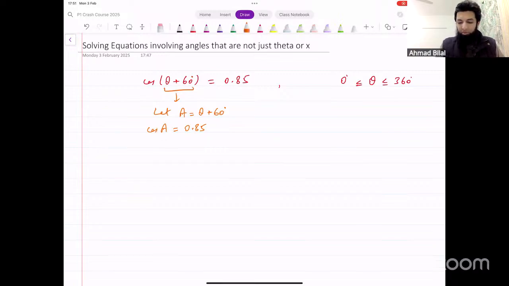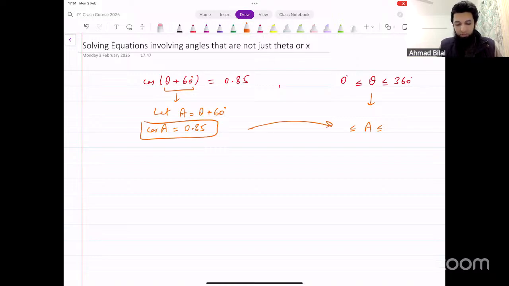But there's another problem, and the problem is the interval given was for theta, and we are solving this in terms of A now. So we also have to adjust this interval. So we have to write down the interval in terms of A first of all. Now, what's the interval for A? If the equation that we're solving is this, the interval should also be in terms of A. Now, how do you find the corresponding interval for A? What you do is